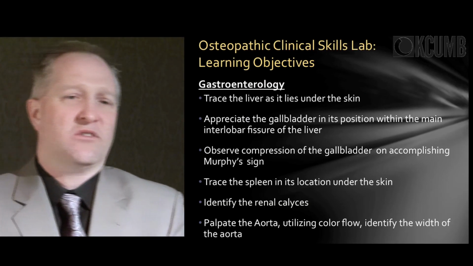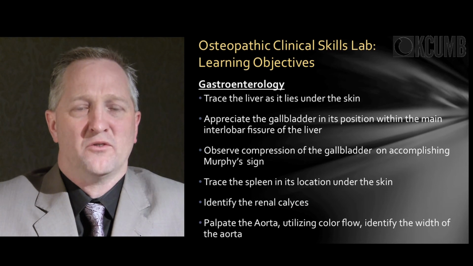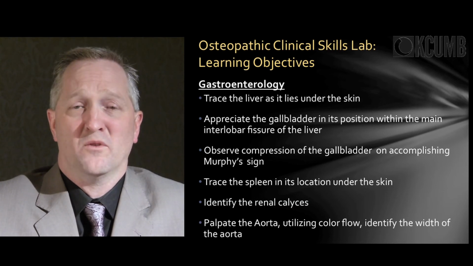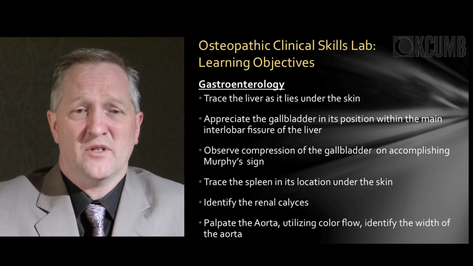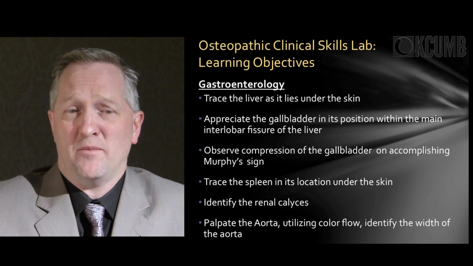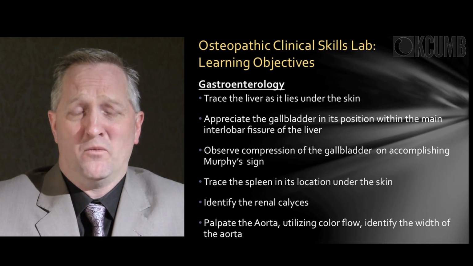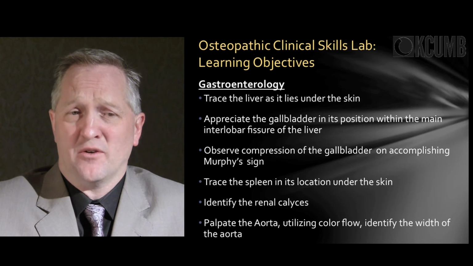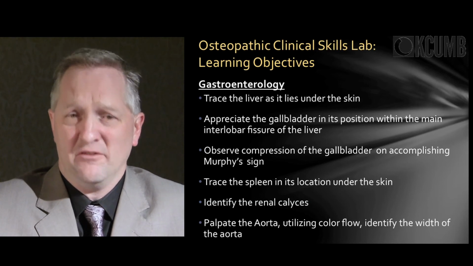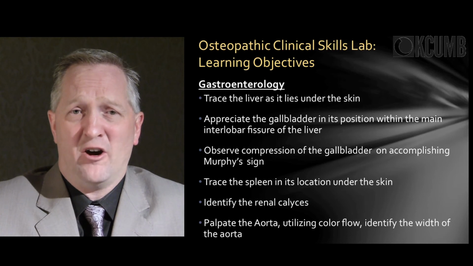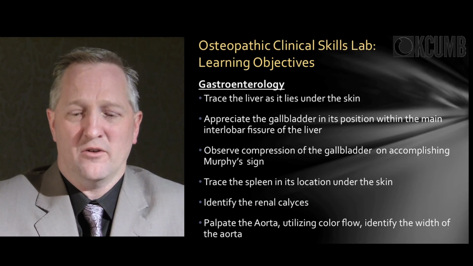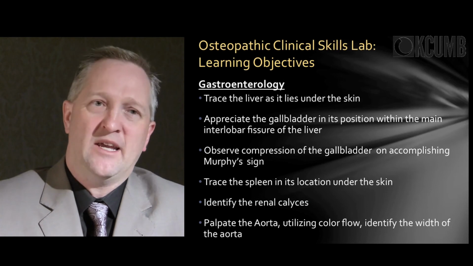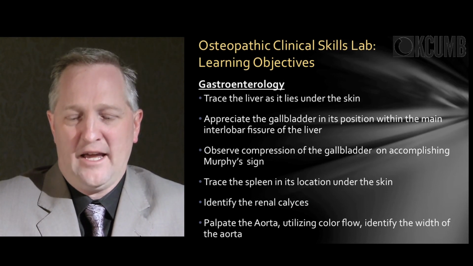These are just some examples of how we have used the learning objectives for ultrasound as they relate to our osteopathic clinical skills labs. As you can see, these learning objectives are what we have traditionally accomplished some other way, either with palpation and so on. Particularly as it relates to gastroenterology, the students have the biggest impact on Murphy's sign. We have them identify the gallbladder and then compress the gallbladder and watch it compress on ultrasound. And as they release, they can see it re-expand. So to be able to take that concept and give it a visual support really helps the students